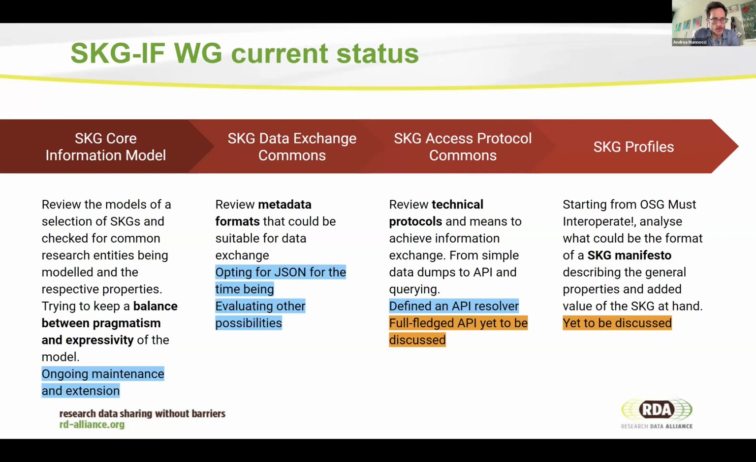And this is the current status. In relation to the core information model, we went through a first iteration, and we are now on a never-ending ongoing maintenance and extension. About the data exchange format, we are sticking with JSON for the time being, and we are also evaluating other possibilities. As we speak,